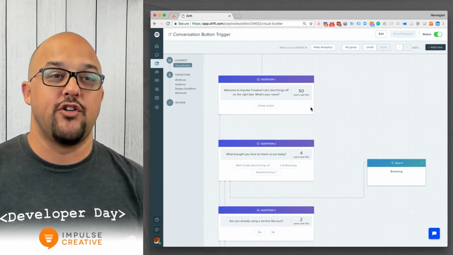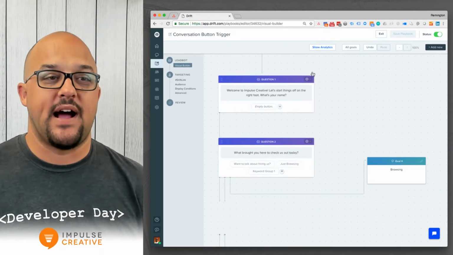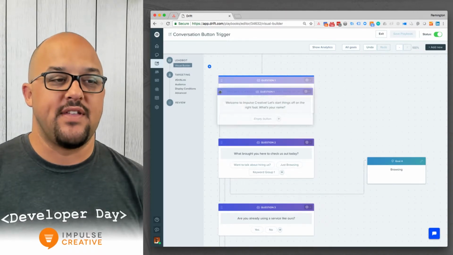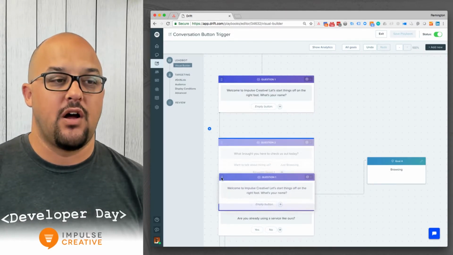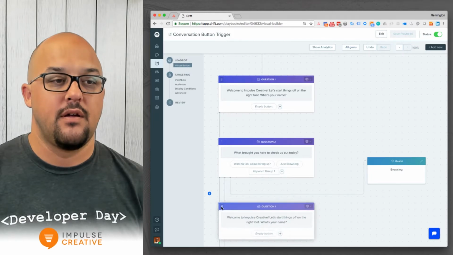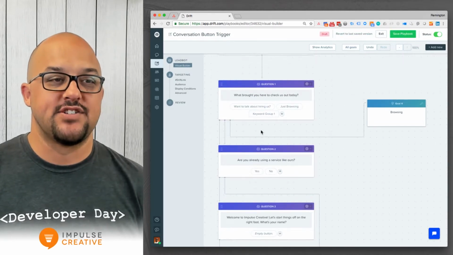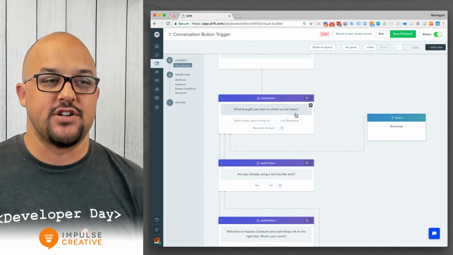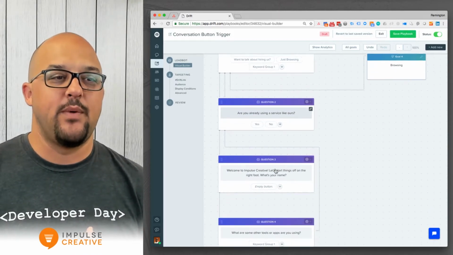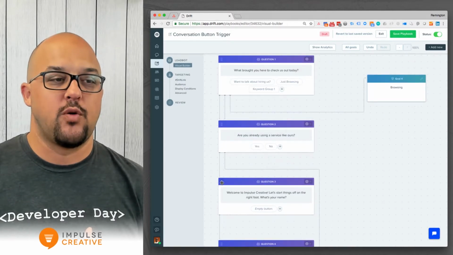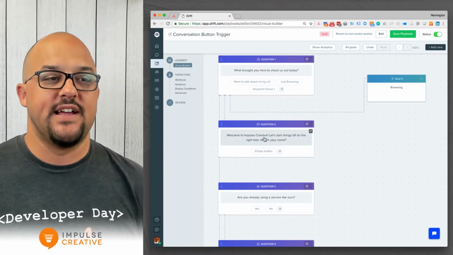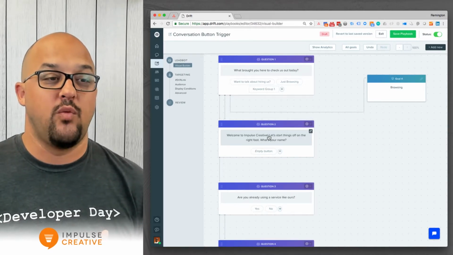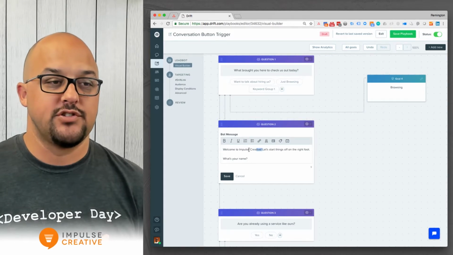And a cool thing that you can do based on this optimization is when we hide the analytics, we can come back over here and we can drag this question underneath question number 2. And so now what we're doing is we're saying what brought you here to check us out is question number 1. And then we can go right into question number 2, which is let's start things off on the right foot. So we can remove the Impulse Creative message,